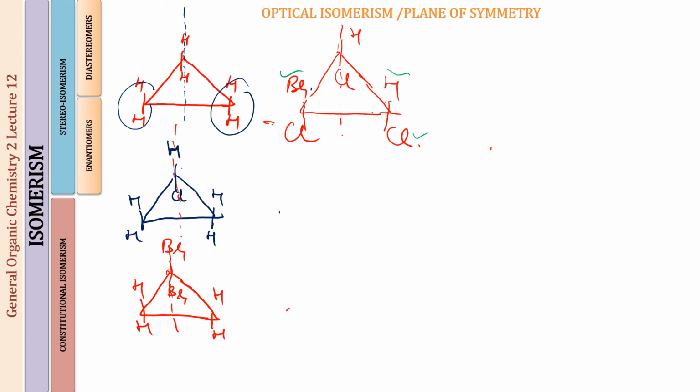Think about it. All right, so now if I do a cut like this, the bromine, the chlorine and the carbon, these atoms will be cut into halves, and you will be getting the triangle into two halves. The two halves will have one carbon with the hydrogen and chlorine on one side, and on the other side the carbon with the hydrogen and chlorine. So again this is going to be one POS. So it is not only in one direction, you have to see all the various possibilities. Okay, now let us do one more molecule.